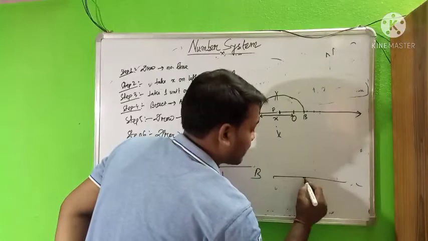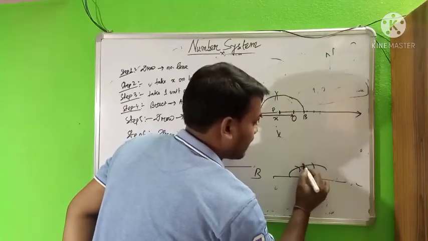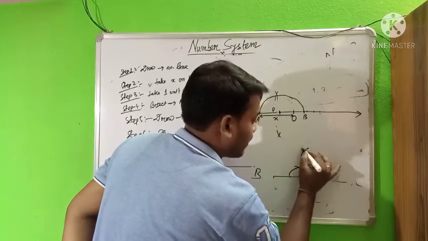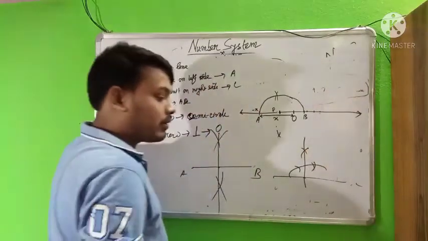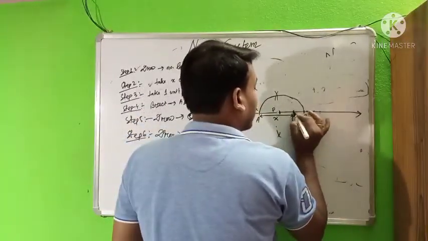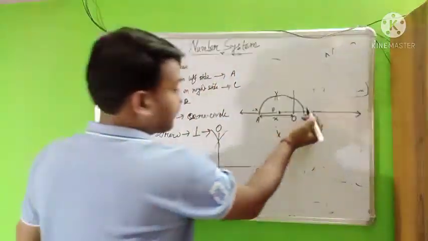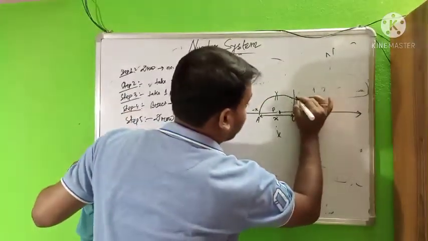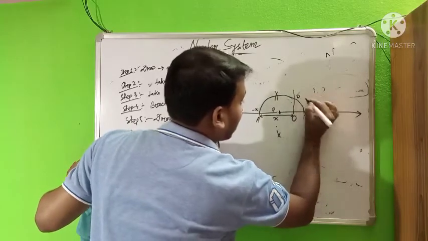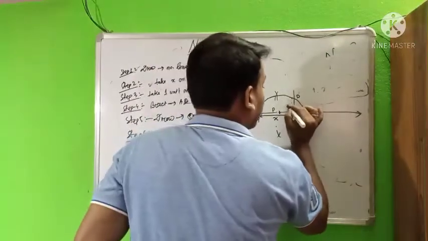So first we take one arc, 60 or 90, 60, 120. If we bisect, so this one is perpendicular. I think everyone knows how to draw perpendicular. So draw a perpendicular on the point O. The perpendicular cuts the semicircle; name it as D. Okay, then OD is the value of root x.